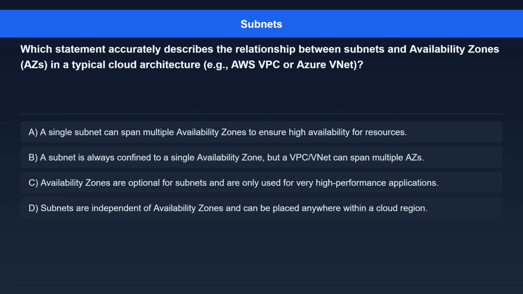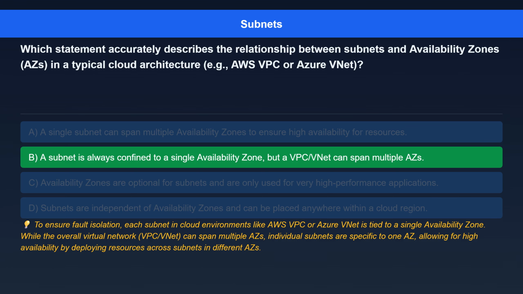Option C. Availability zones are optional for subnets and are only used for very high-performance applications. Option D. Subnets are independent of availability zones and can be placed anywhere within a cloud region. The correct answer is a subnet is always confined to a single availability zone, but a VPC/VNet can span multiple